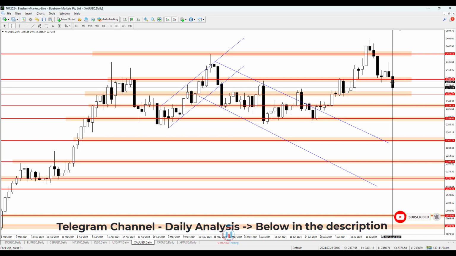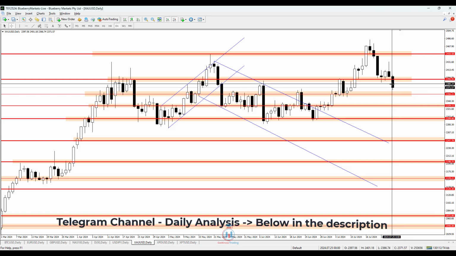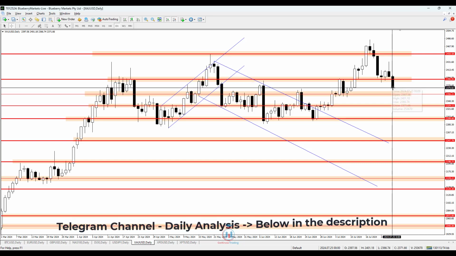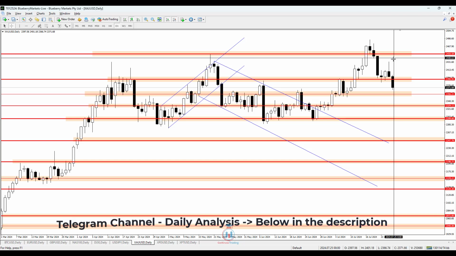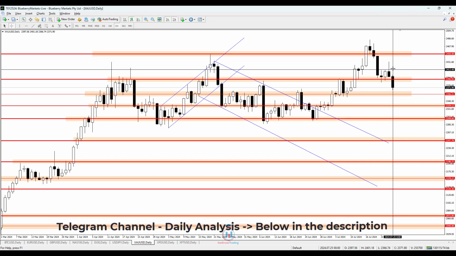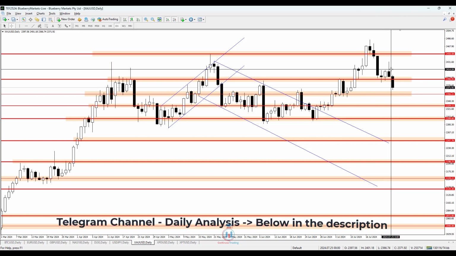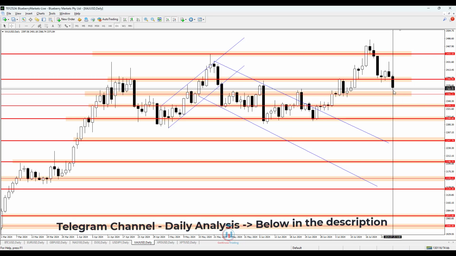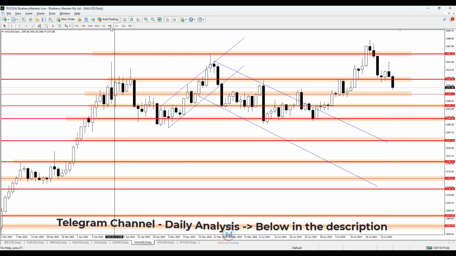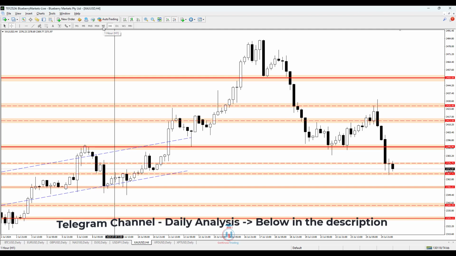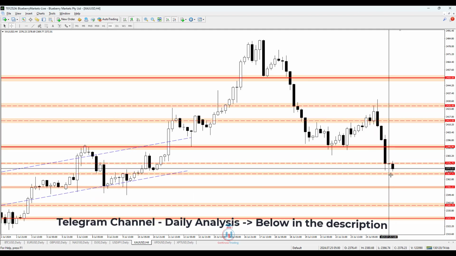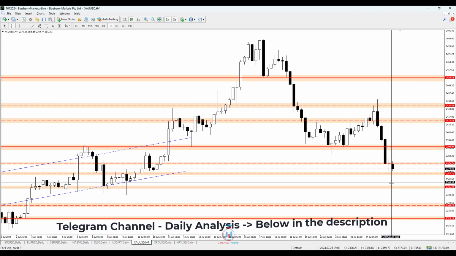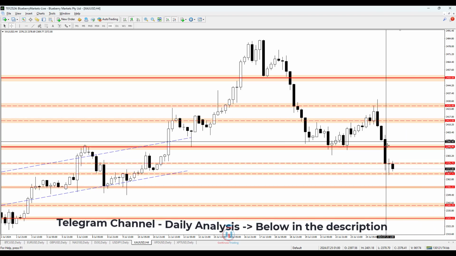The price could also reach and create this strong wick on the lower side and then return all the way back up, continue to rise in value, just in the case like yesterday where the price has created a large wick on the upper side and then continue to fall down. So anything can happen. So on the 4-hour time frame and 1-hour time frame, we will see what happens and also where the price is heading. Will it reach 2356.22 based on the candles formation?